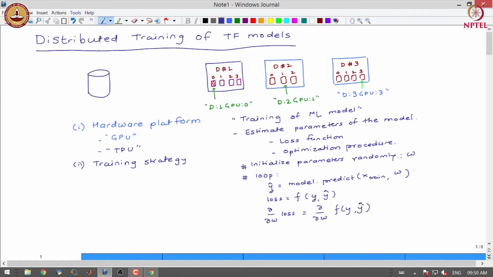So, we will perform these three steps in a distributed manner.